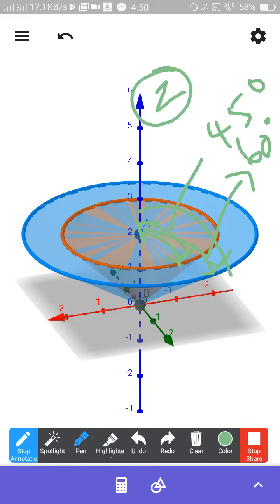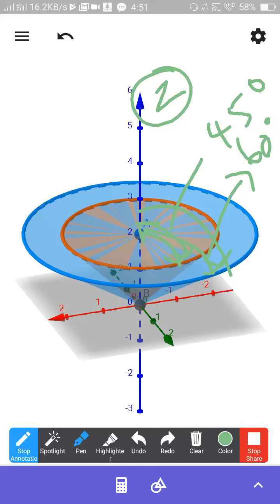Can somebody tell me what will happen if theta is 90 degrees? It will give a circle. What will happen if my theta is 90 degrees? Once you keep on going in this way, it is almost like a circle. It will become like a plane on the base plane. That is a kind of limiting condition.